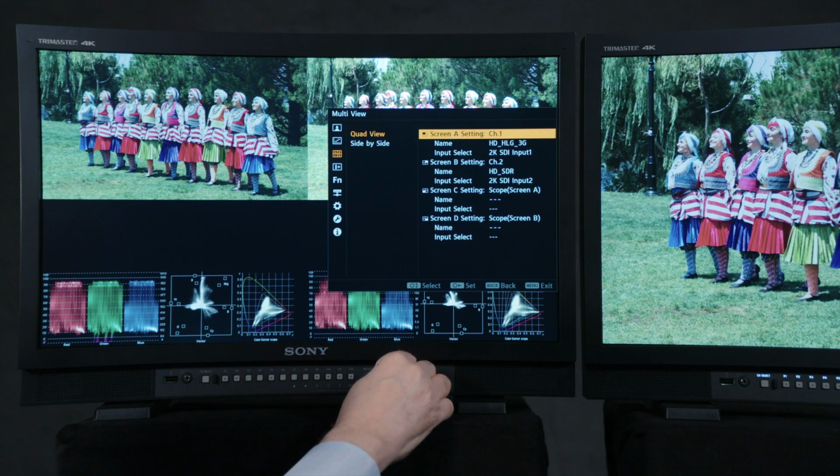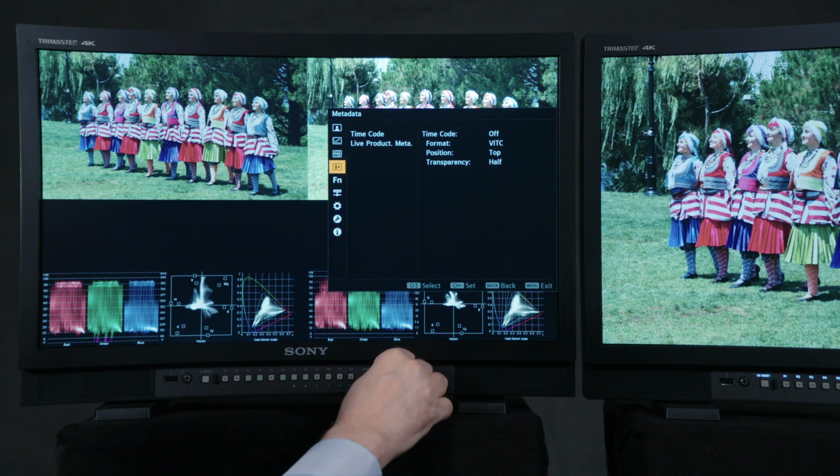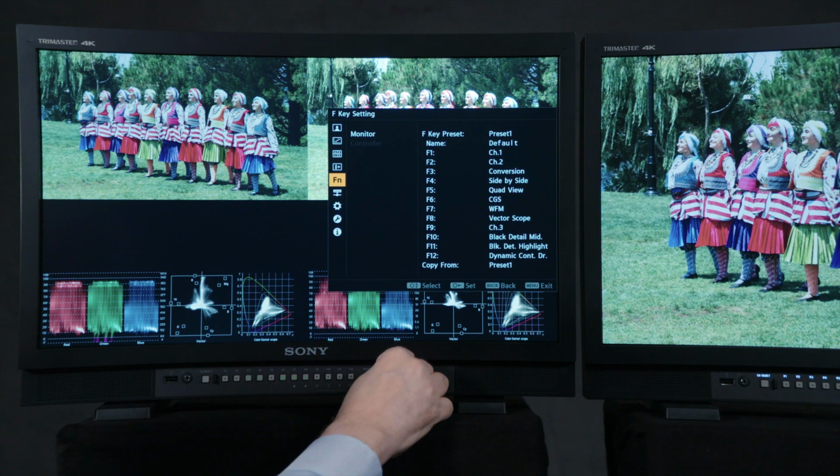Set screen A to channel 1, set screen B to channel 2, set screen C to scope, screen A, and screen D to scope, screen B. Next, go to the FN or Function menu and confirm that F5 is assigned to Quad View. If not already assigned, it's a good idea to also assign one of the function buttons to WFM or Waveform